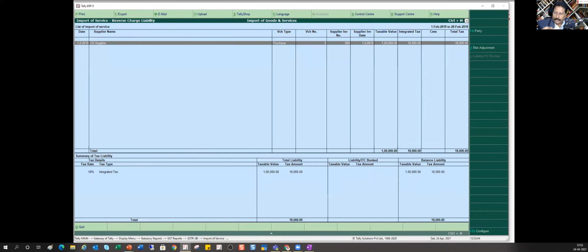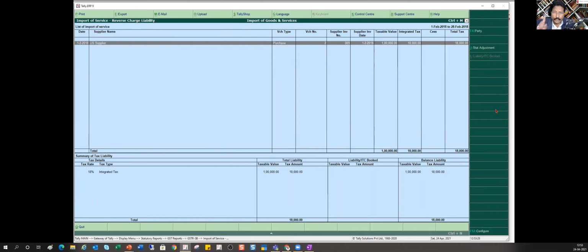It will come for your purchase on RCM. It will come for import of service, whichever is on reverse charge basis plus advance, all that will come here. Okay. So for the RCM also, there is an example I will show you. So now it is showing you here, and you have to now book in your books of account, right?